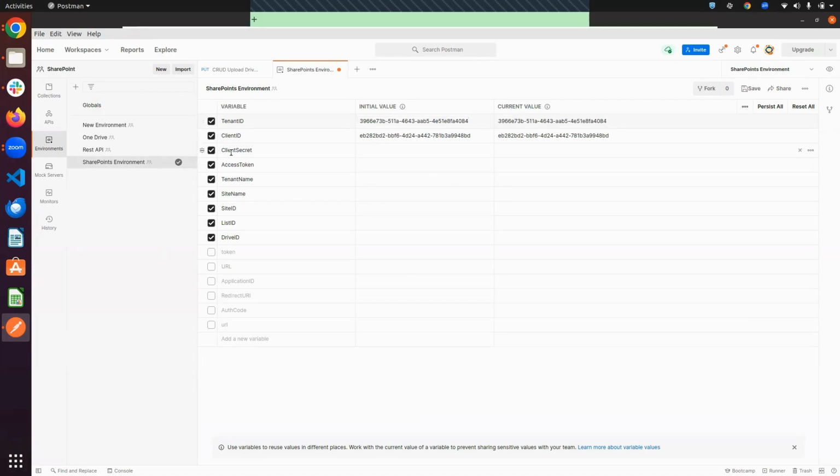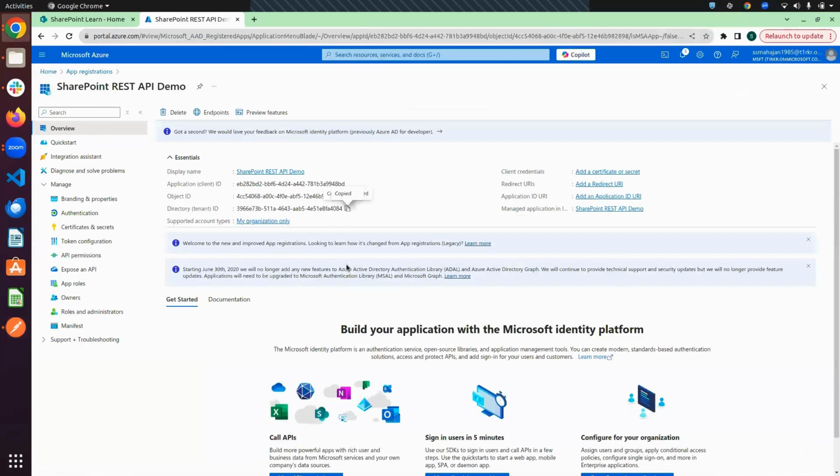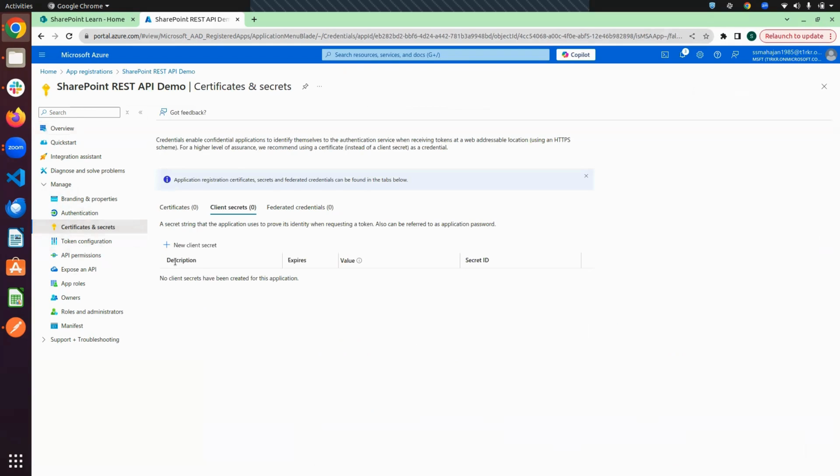After that, friends, we need a secret ID for creating the token. So how do we create a secret ID? You can see here is Certificates and secrets. Click on this option. After that, click on New client secret and give a secret name. You can see here is the expiry time.